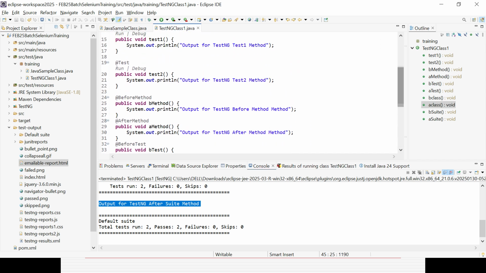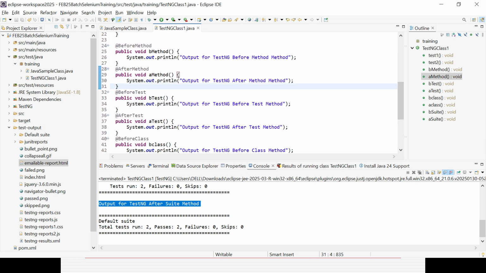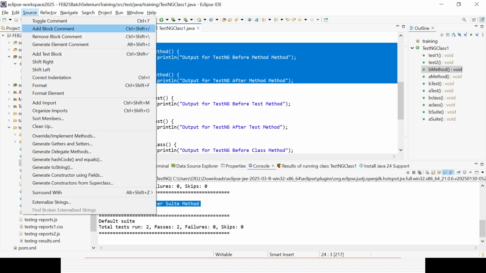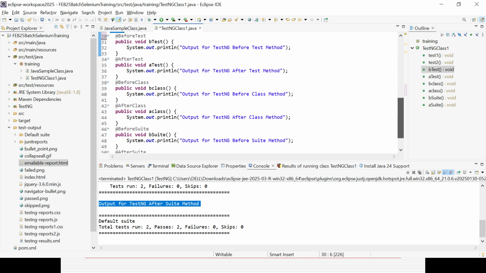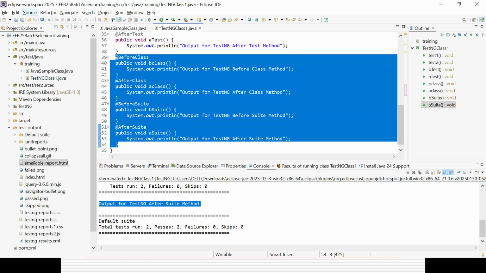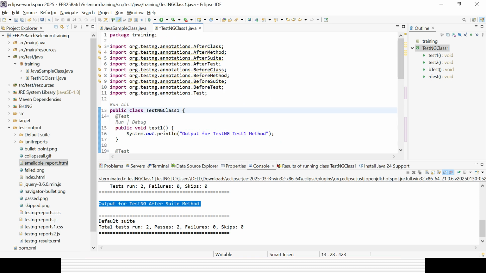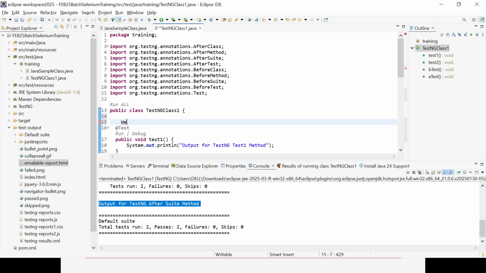Now let me do what I would do in real time. I can disable them. So say here I'll define a global variable at the class level, WebDriver driver equal to new